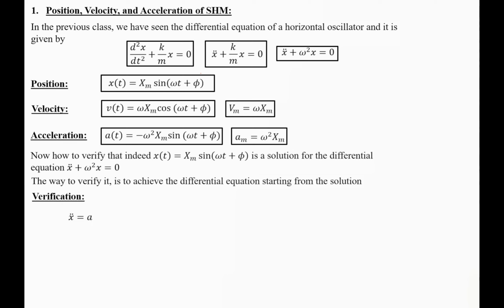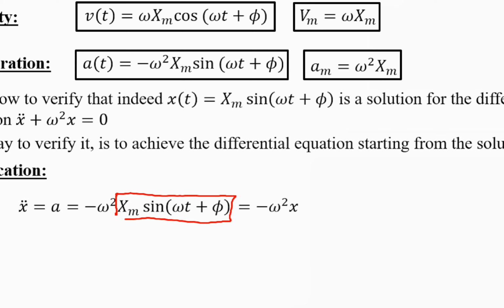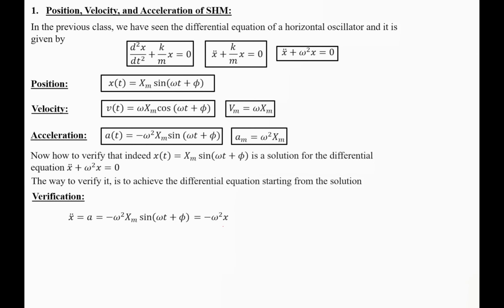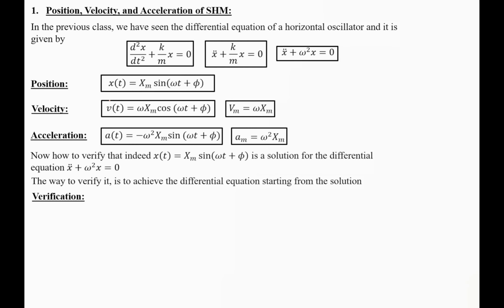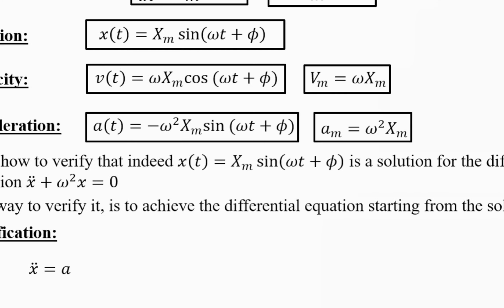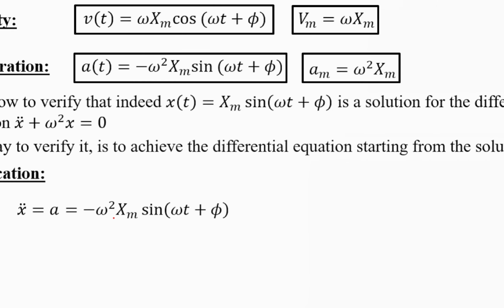So that's also another way, verification. Now we know that x double dot is a, which is given by minus omega squared x_m sine(omega t plus phi). Now notice carefully that this part is the position itself. So if we replace this by x, we would have x double dot equals minus omega squared x. So let me repeat. Now I need to verify that from this we can get back to the differential equation. We know that x double dot is the acceleration, and the acceleration is given by this format. Now notice that this is the position,